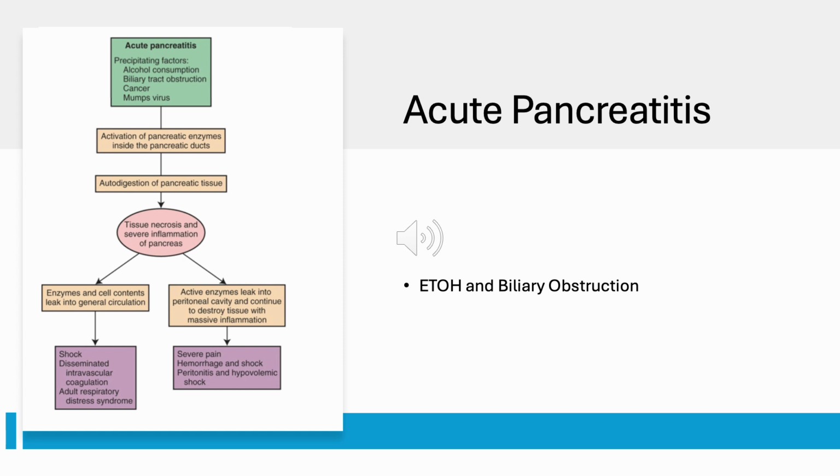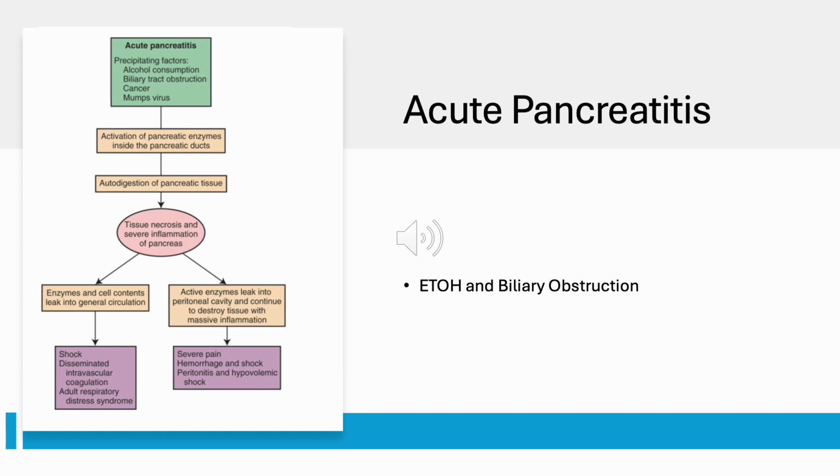The two most common causes are alcohol abuse, so it could be binge drinking or alcoholism, or biliary obstruction. With biliary obstruction, you'll see an increase in the AST and the ALT, and that's a key point because that differentiates biliary obstruction as the cause versus other causes. There's like a list a mile long of conditions that can cause acute pancreatitis. So anyways, with the autodigestion,